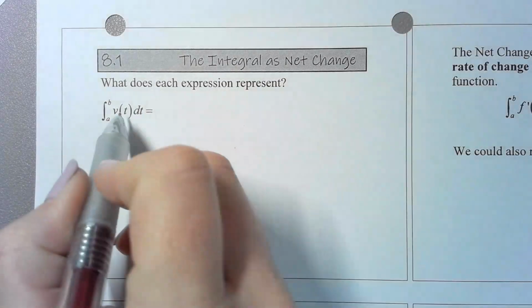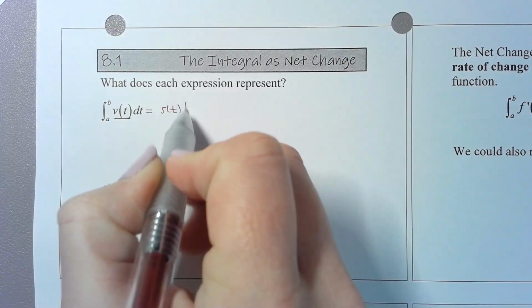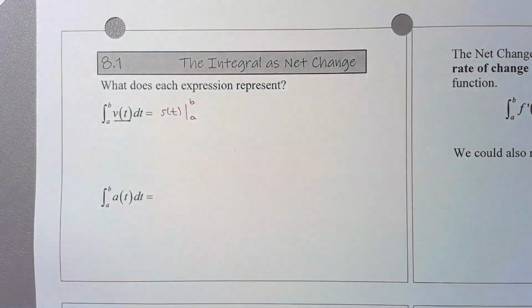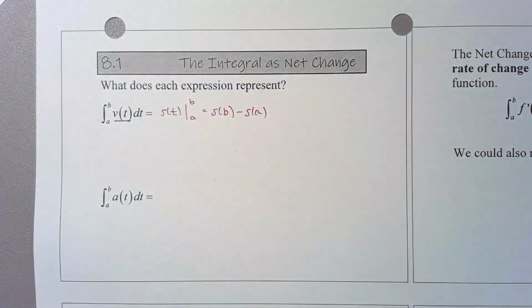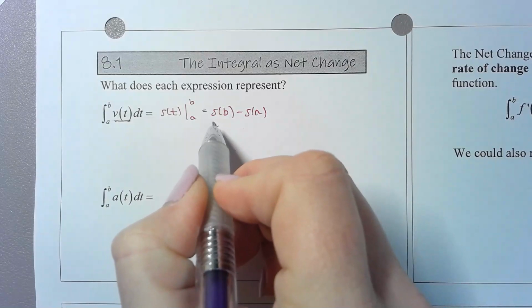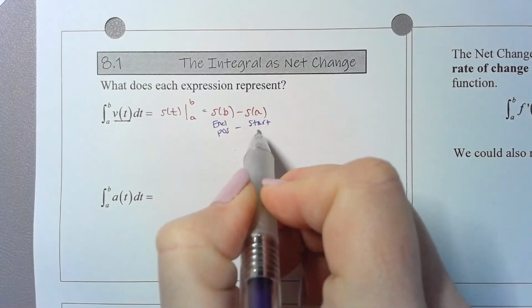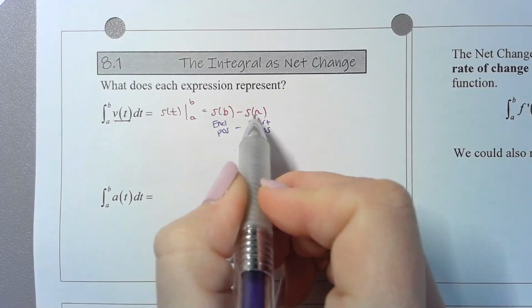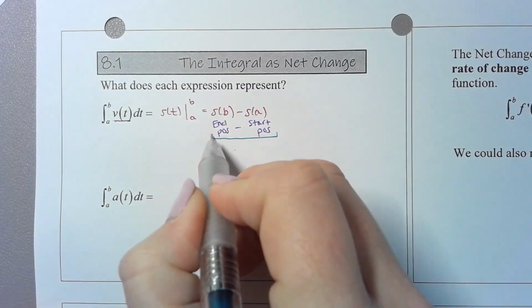If we're looking at this as the integral that it is, we would start by saying, okay, well, how do we evaluate this? We would take the antiderivative, which is position, and we would evaluate it from A to B. And so we'd go plug in our B, and we'd go plug in our A. And then mathematically, we would just find the answer, and we'd get a number. But I don't want to think about it as mathematically and finding a number. We don't have one. I want us to look at this as, oh, this is our ending position. This is our starting position, right? The position at the end of time, the position at the beginning of time. And so, oh, yeah, that's the change in position,